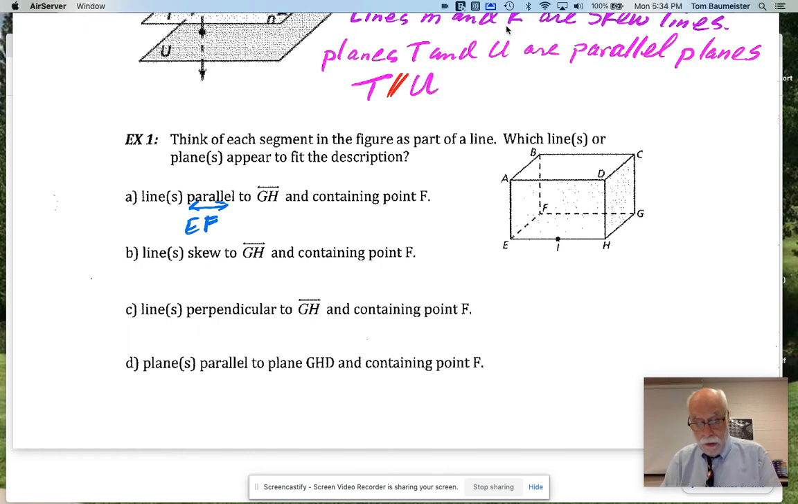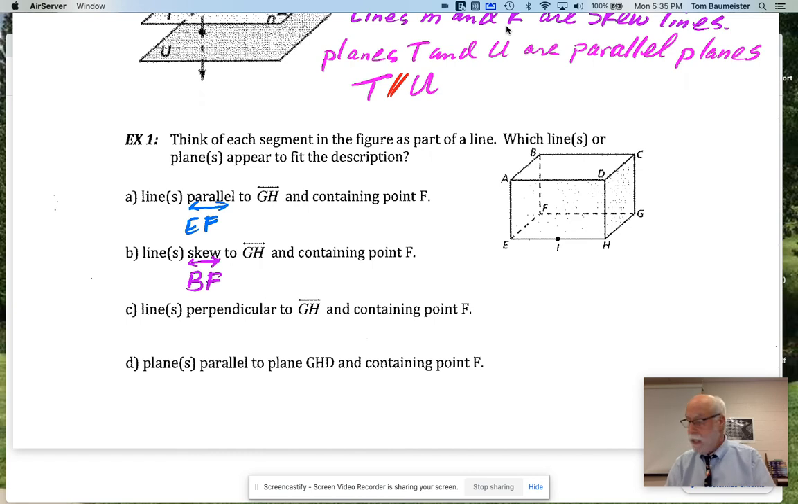Let's see, lines skew to GH containing point F. So remember, on that one there, here's GH. Again, it can't be on the same plane, so we know it can't be this one here that contains point F. But we know that if we're going this way here, BF is not on the same plane. All right, so everybody see that one? So we would again say line BF,